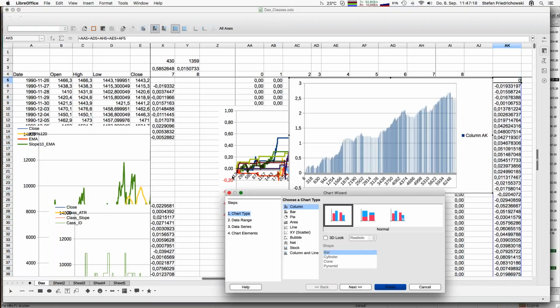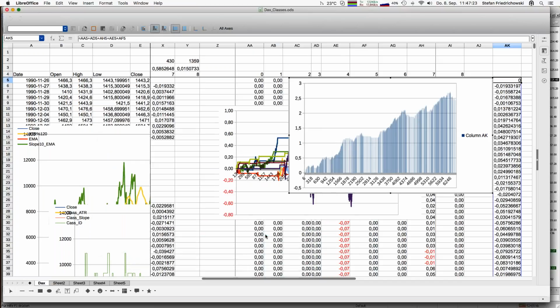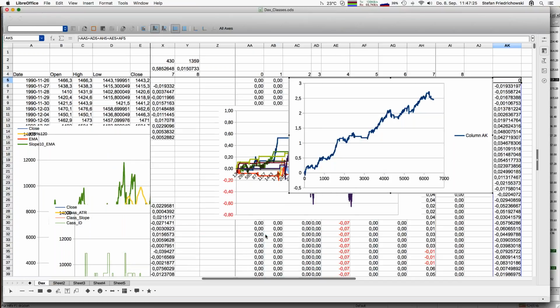And now I personally think that this looks already quite promising. This is the sum of the 5 subclasses which have been identified to give opportunities for long trades. We don't find any class which we would assign with, hey, that is a good short opportunity. But what we see already,